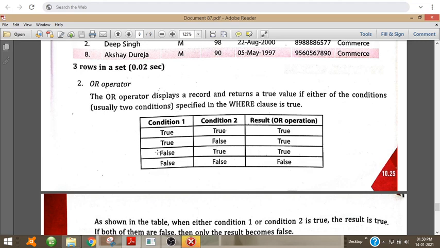If condition 1 is false and condition 2 is true, then also the result is true. Only if condition 1 is false and condition 2 is false will the result be false. So in OR, there is only one chance for the result to be false, that is, if both conditions are false.